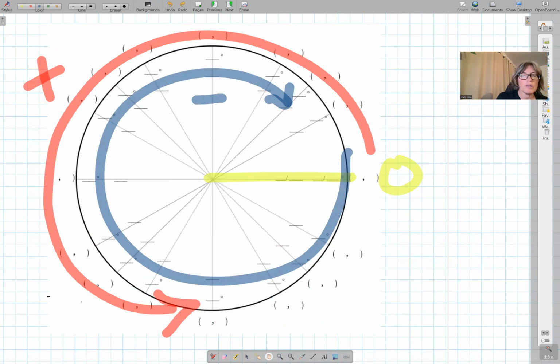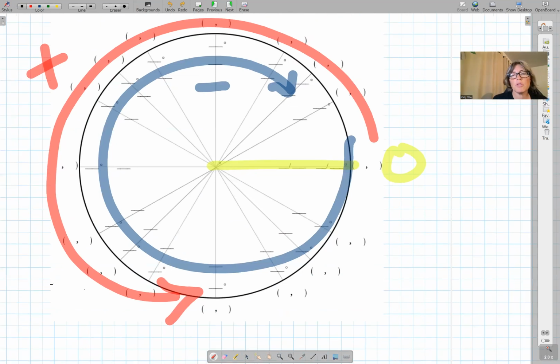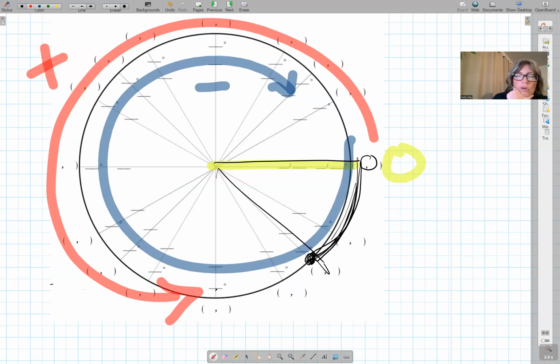So when it says negative 45, it means I'm starting here at 0 and I go negative 45, which is exactly halfway to this 90. So this angle right here could be named negative 45. Now, it wants two positive and two negative angles that would meet right there. So the first and most simple one